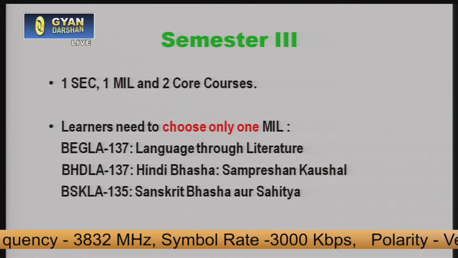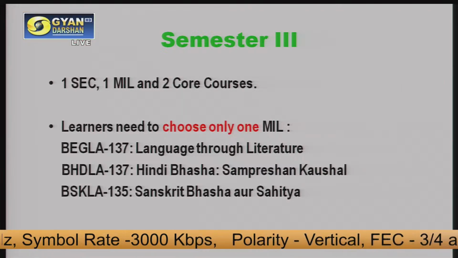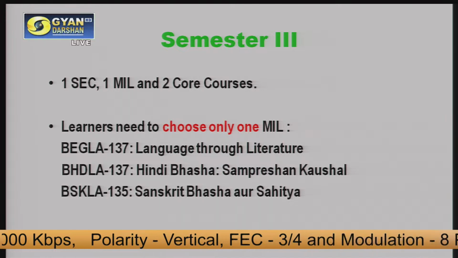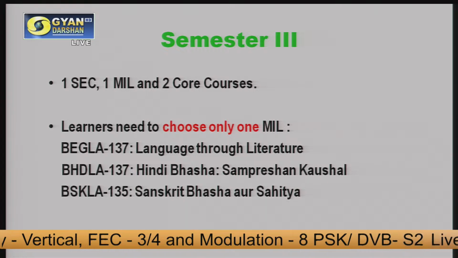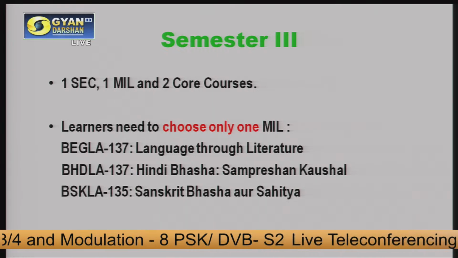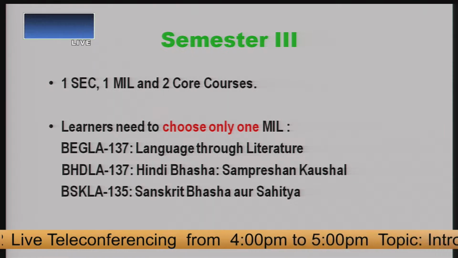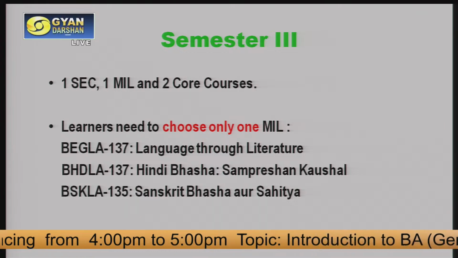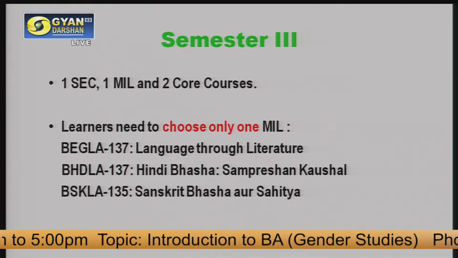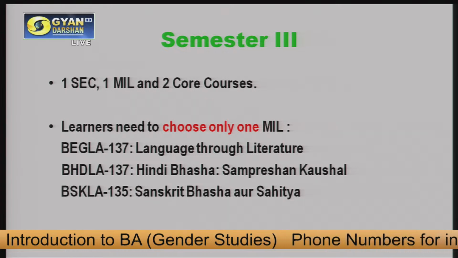थर्ड सेमेस्टर में जब जाएंगे, ये फर्स्ट ईयर के कोर्सेज हमने देख लिया है. फर्स्ट ईयर में आपने 2 एबिलिटी किया, 2 MIL किए और 4 कोर कोर्सेज किए. फर्स्ट ईयर का आपका हो गया. तो थर्ड सेमेस्टर में जब हम आते हैं तब हम देखते हैं एक SEC आ गया. Instead of ability, अब हमें स्किल एनहांसमेंट कोर्स आया है, जिसमें से फर्स्ट कोर्स would be BPCS 183, Emotional Intelligence. और MIL में अगर आपको फिर से चॉइस करने का मौका मिलेगा, लेकिन इस बार 3 ऑप्शन से, एक है इंग्लिश का, एक है हिंदी का और एक है संस्कृत का. इंग्लिश का जो है वो है BEGLA 137, Language through Literature.